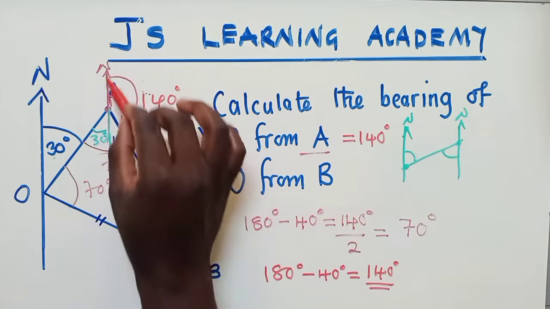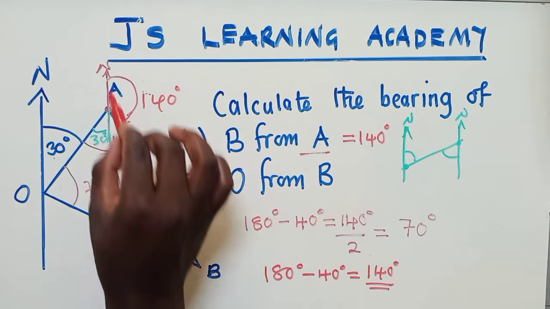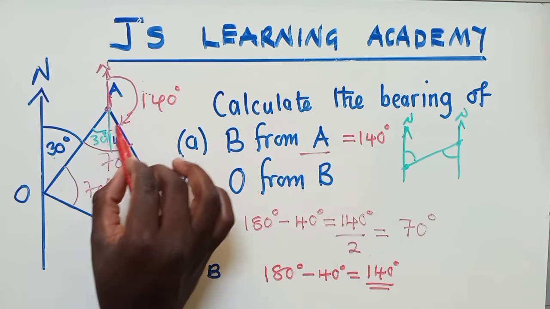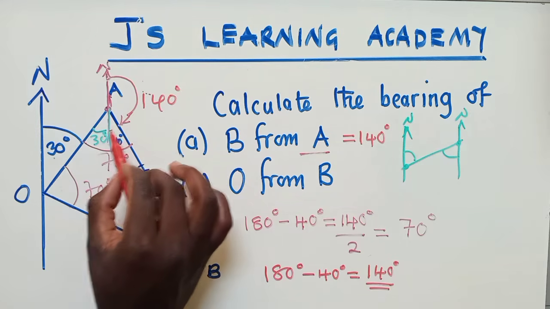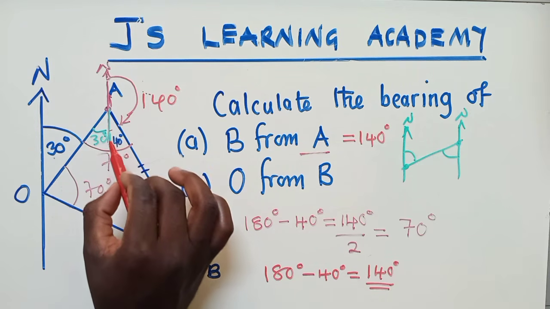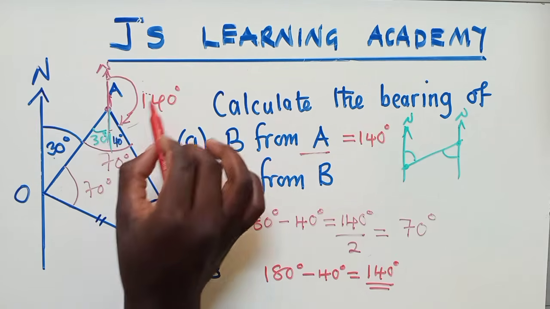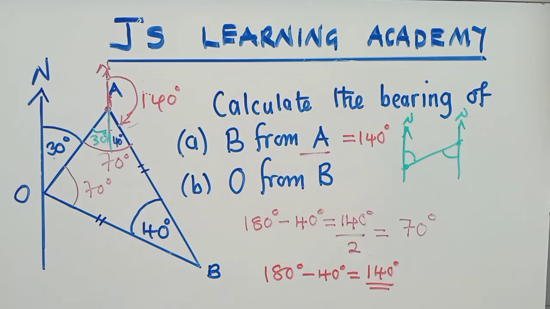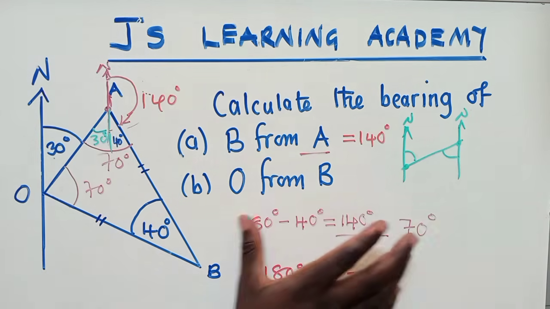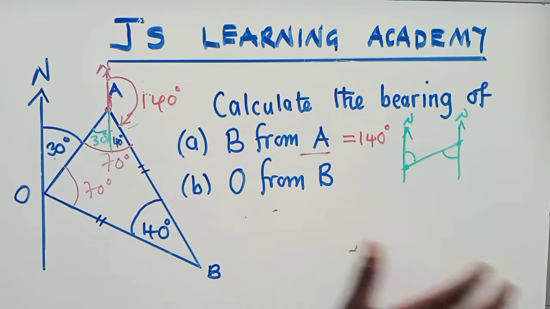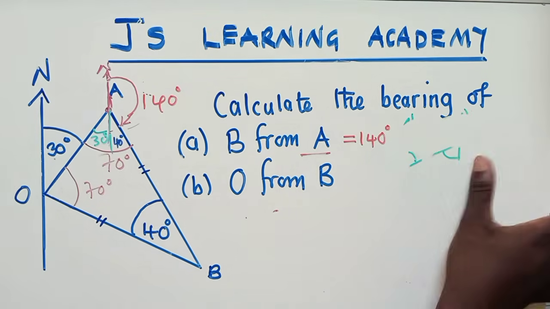We've just used the property of a straight line here. From here to here, it's 180. Now we subtract the 40, which is from here to here. We'll remain with 140. And 140 is our solution. So we now go to question B. Question B, they want us to find